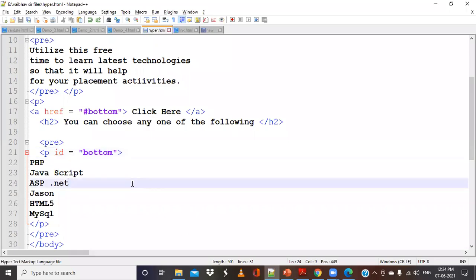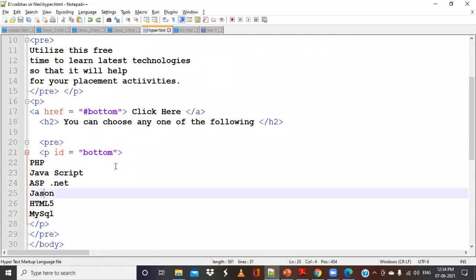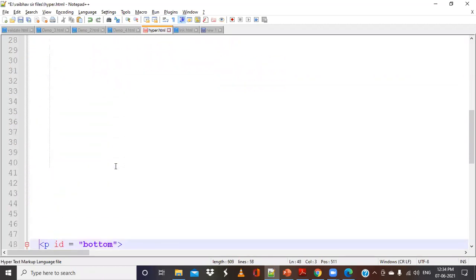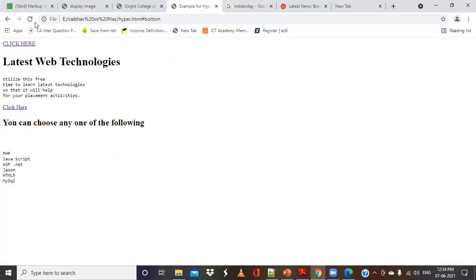You can just observe. After this P tag, I will put a pre tag here, and here I will leave some space. Now I will run this.